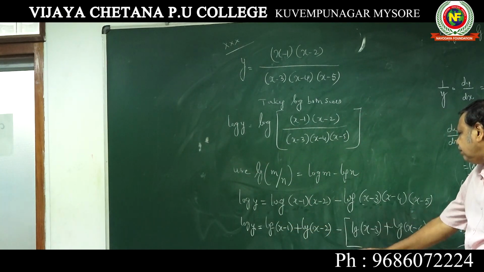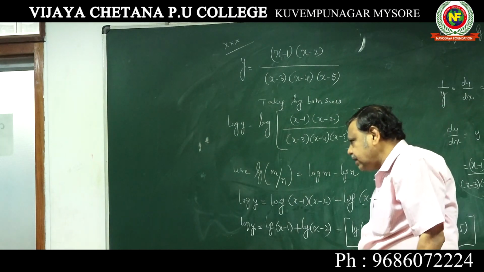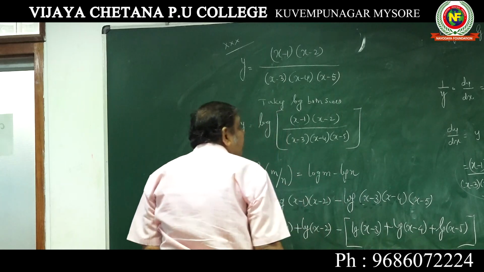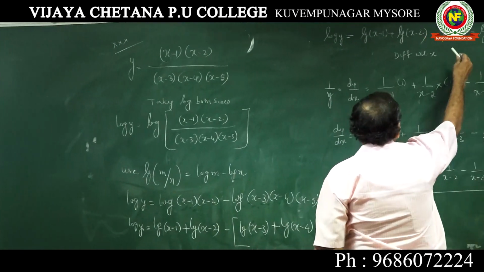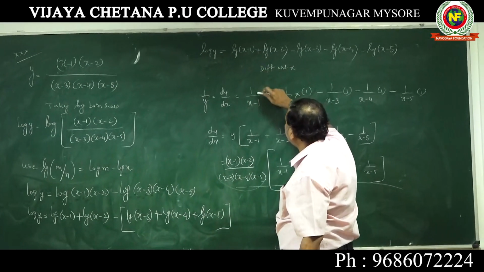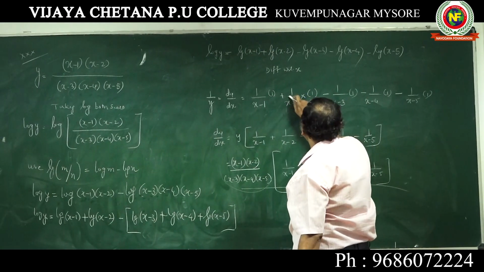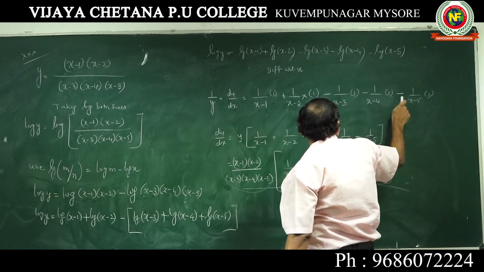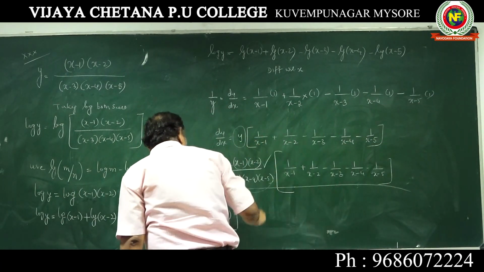Similarly, minus n is there. Open the bracket: log(x−3) + log(x−4) + log(x−5). Now log y is equal to, so minus the multiply, differentiate this one by one. 1 over (x−1) into d/dx of this, 1 over (x−2) into 1 over x minus, all these things you have done it. Now y into so much; you should put the answer back for y.